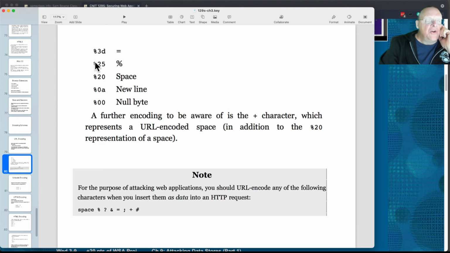So this is URL encoding. Use a percent and then 2 characters of hexadecimal. So 3D is equal, 25 is percent, 20 is a space, 0A is a new line, and this is a null byte. So you can put URL encoded